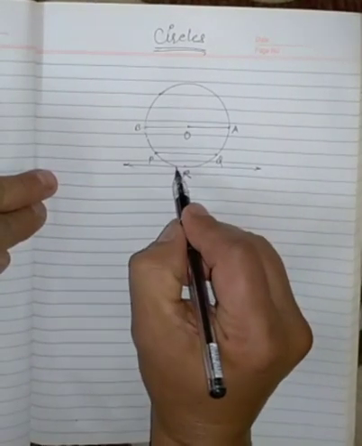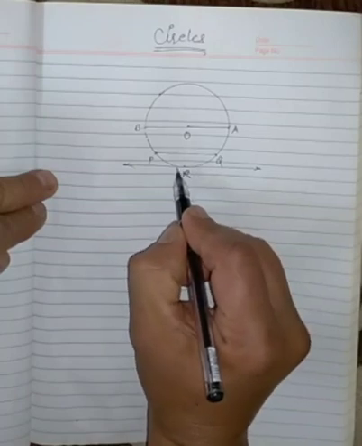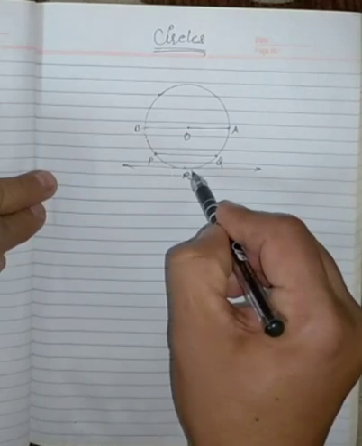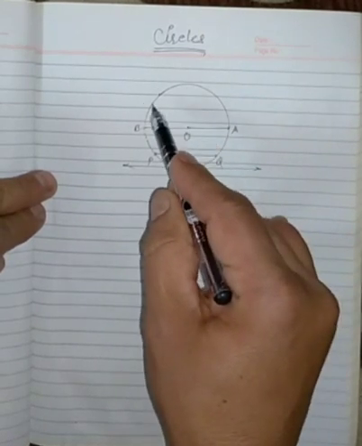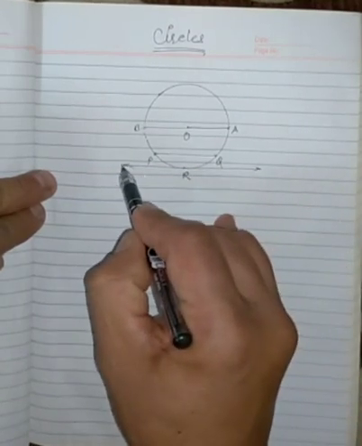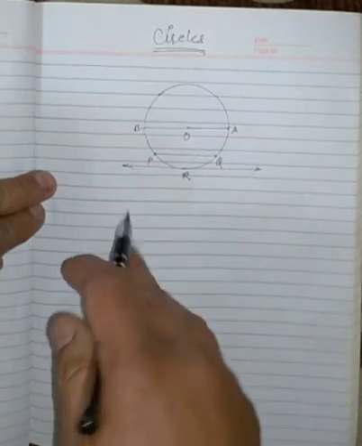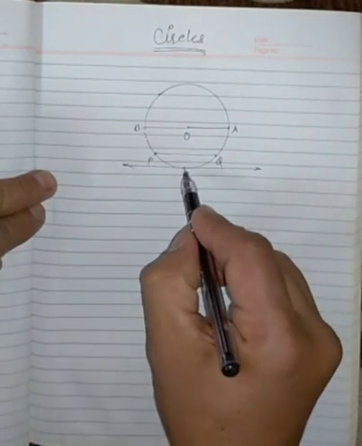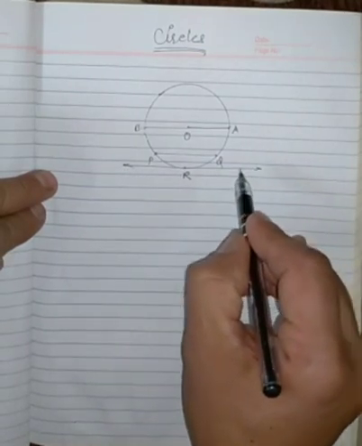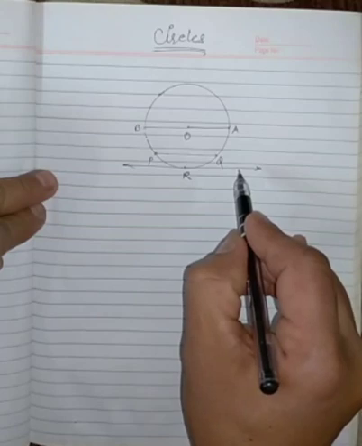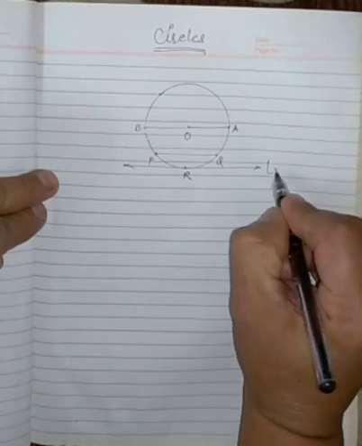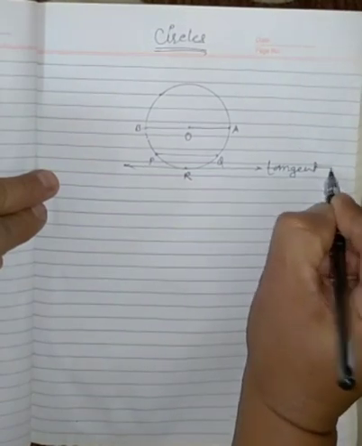You may feel like it is touching at many points here, but children, you have to keep one thing in mind, that in a circle the direction at every point is changing. There is only one point possible at which the line segment or any line will touch it. If it is more than one point, then it will intersect the circle at 2 points. Then in that case it will not remain a tangent. So this line segment which is touching the circle at only one point is called a tangent.